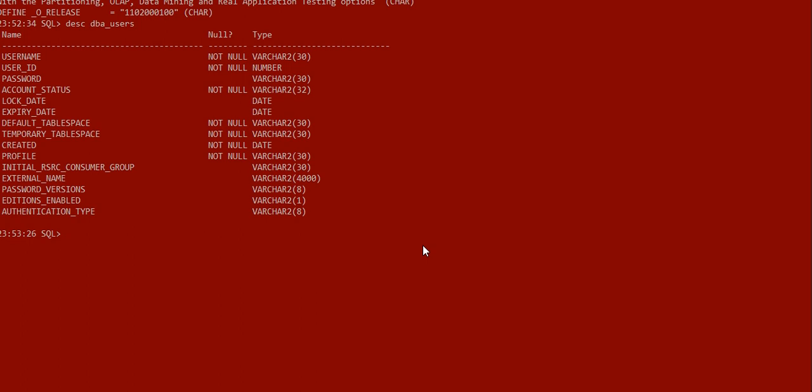So if we want to know the names and number of users in the database, we have to query select username, and if we want to know the account status of those users, then we need to query the account_status column as well.